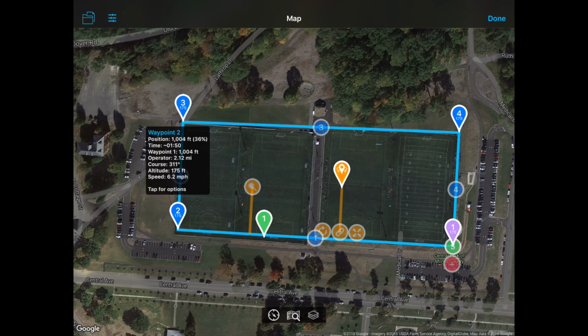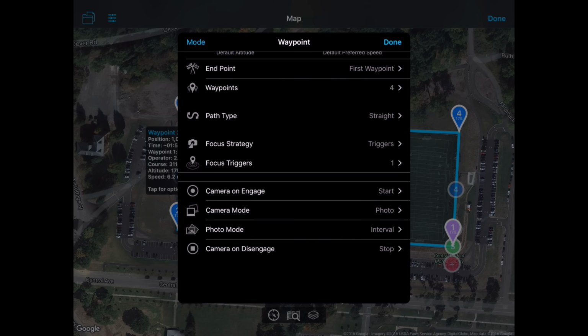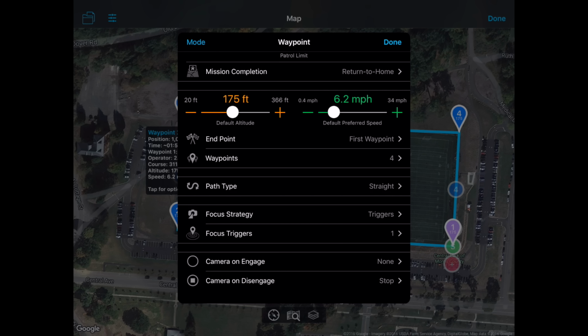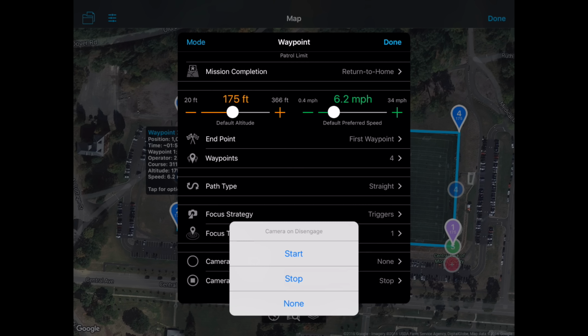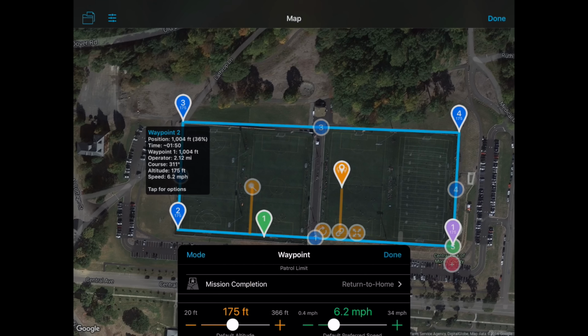So I'm going to go back to the overall settings, and I'm going to turn the camera off. So as of now, the camera is not going to be engaged when we start. Now let's go over to waypoint number 2,